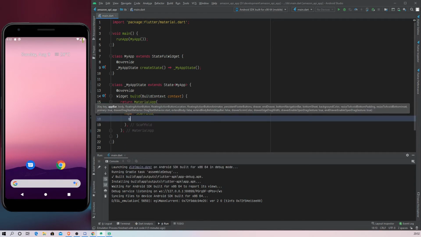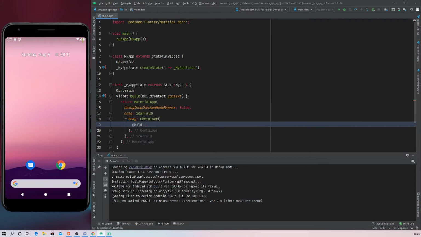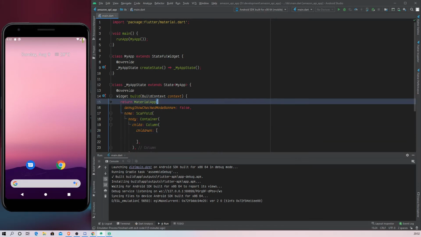and the Scaffold has a body property where we're going to be writing all our main code. So this will be a Container which has a child of Column, and this Column will have several children.